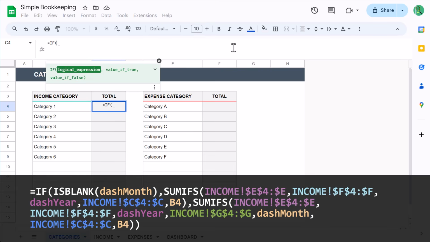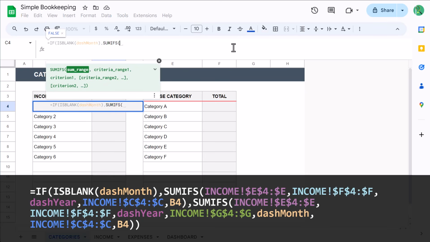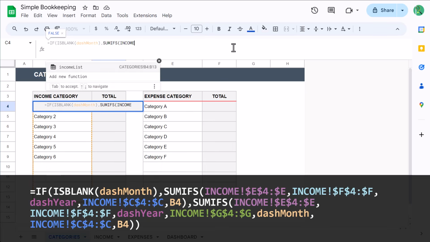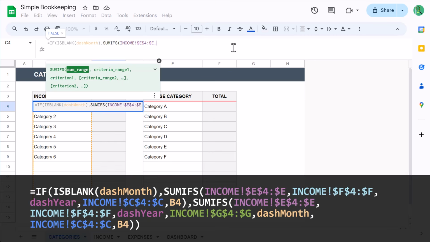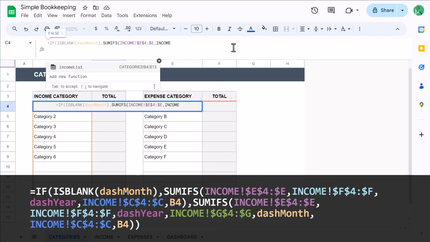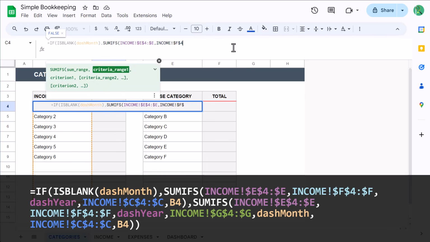Equals IF function, ISBLANK function, dash month, close parentheses, next argument, SUMIFS function, income, exclamation point, $E$4 colon $E, next argument, income, exclamation point, $F$4 colon $F, next argument, dash year, next argument, income,